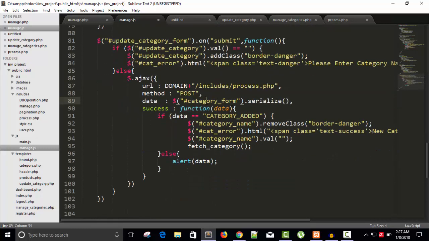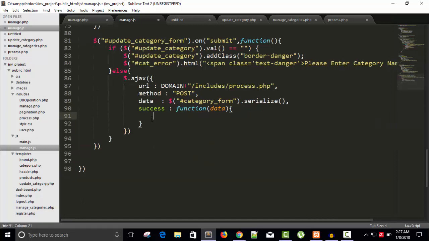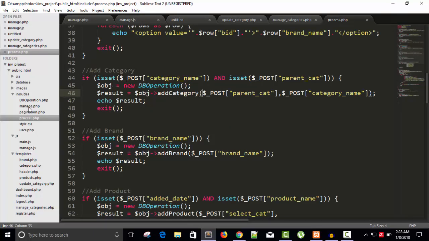Here we need to change first update category and update category. Okay, we don't actually need it. If I want to show the result first of all in an alert, data will be there, and we have to take this update category form, copy it and paste here. Instead of category form, right here update category form. So we will take the data from update form, save it, and in our process.php page, sorry, in our manage.php